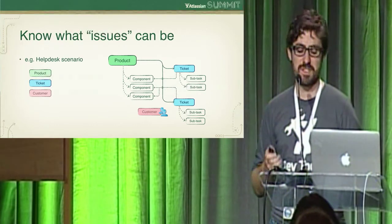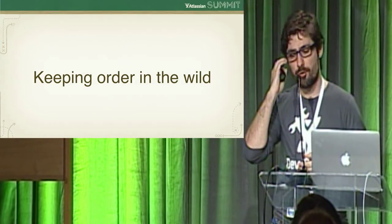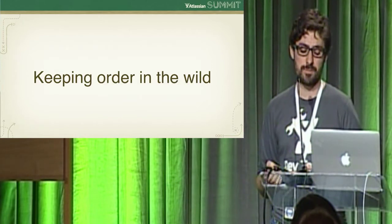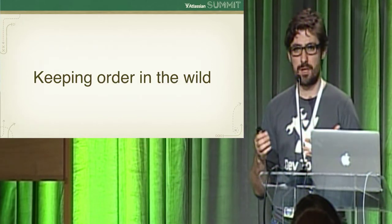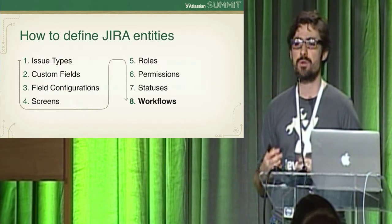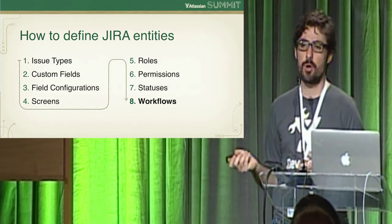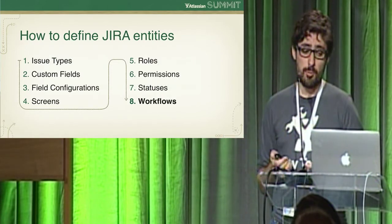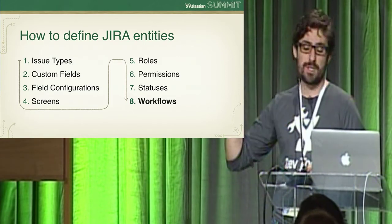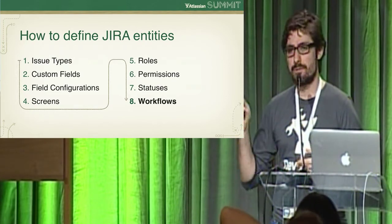Now you've been successful, how do you stay that way? One of the main things that we hear from our experts when we talk to them about how they deal with our customers is that the process of creating and configuring Jira projects isn't the best. And we know this and we're fixing it. But just keep it in mind as administrators, usually you're aiming for the end goal of workflows, but you actually have to define all these other entities in Jira before you can get to that step. So if you keep this ordering in mind when you're defining your projects, you'll have a much smoother